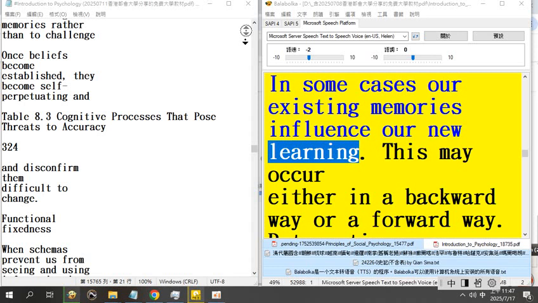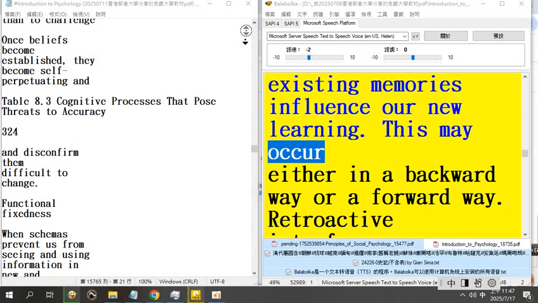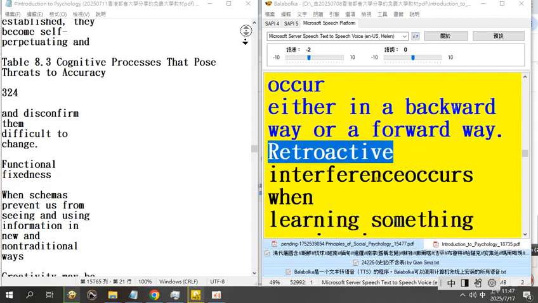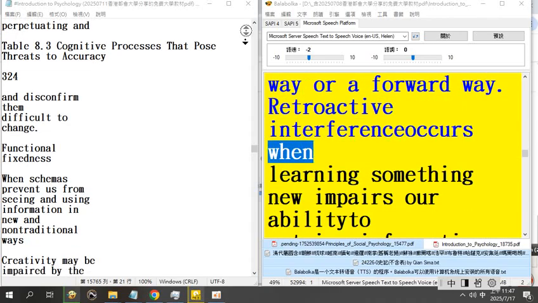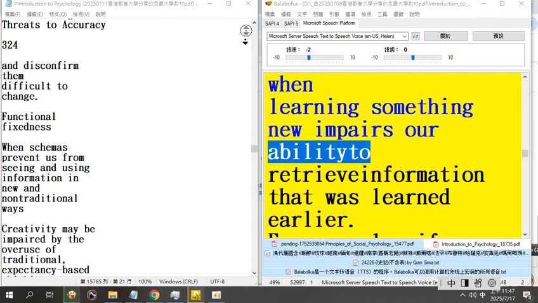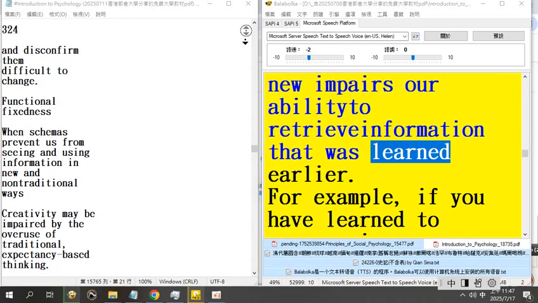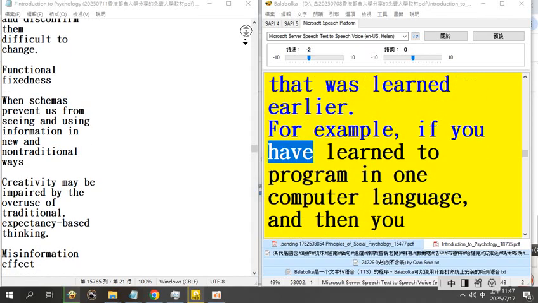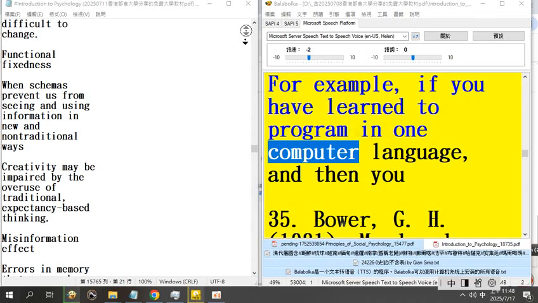This may occur either in a backward way or a forward way. Retroactive interference occurs when learning something new impairs our ability to retrieve information that was learned earlier. For example, if you have learned to program in one computer language, and then you